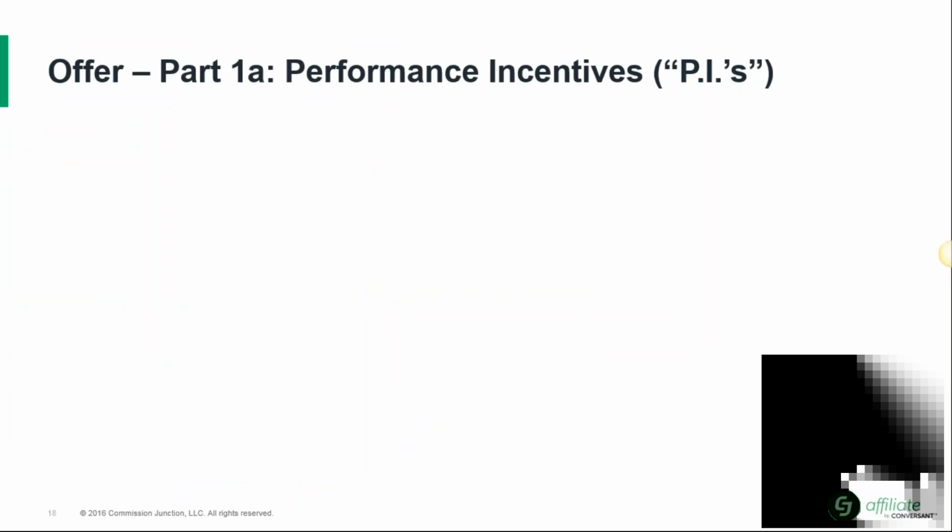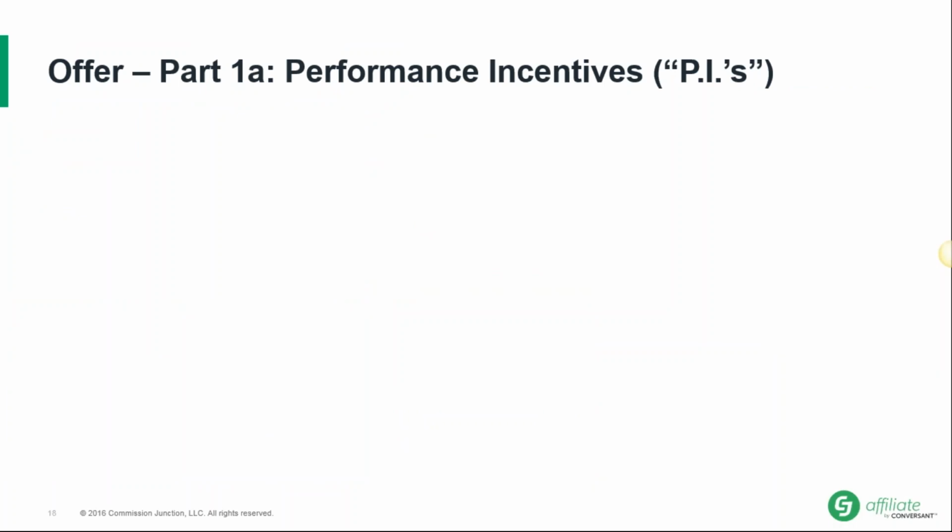You've thought deeply about how you can best offer value to each of your publishers' groups, and for some of them, you would like to offer commissions bonuses for reaching specific performance goals. You can accomplish this by using performance incentives, or PIs. These are automated commission increases or bonuses, which you can build right into the program term. Let's quickly walk through how to accomplish this.